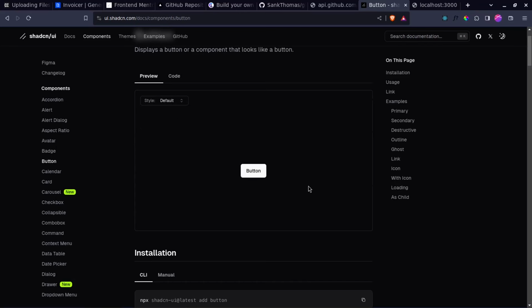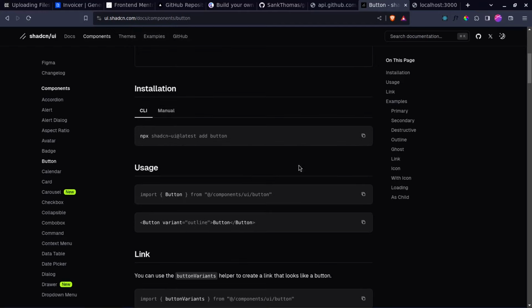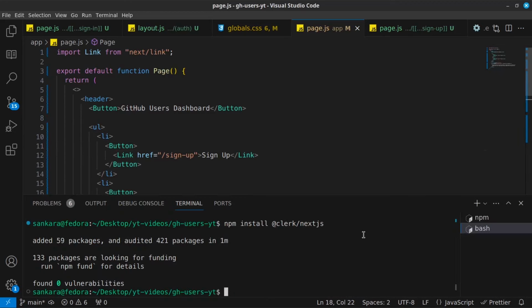Now, in order to add this button into your application, what you need to do is run this command, so npx shadcn-ui@latest add button. So you add the component that you want to use, right? So what I'm going to do is Control J, and then inside my second terminal, I'm going to say npx shadcn-ui@latest